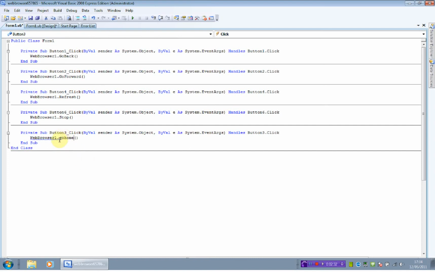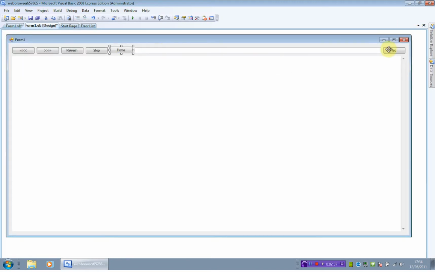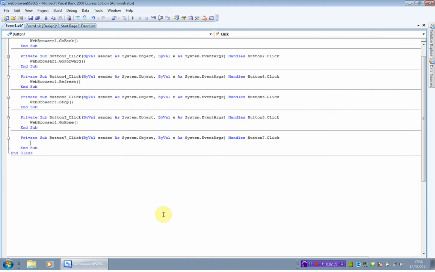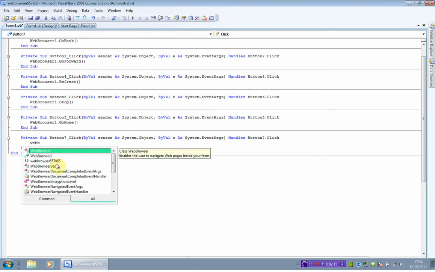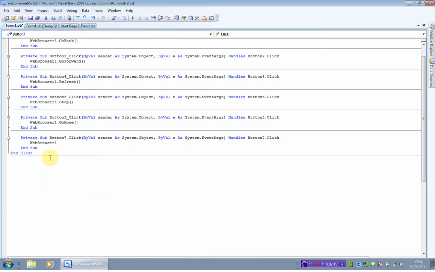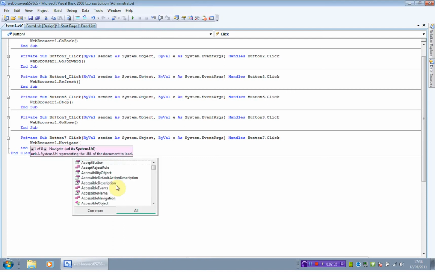Should be alright. And then the go button. Few more words, but still very simple. WebBrowser1.Navigate, put in parentheses, TextBox1